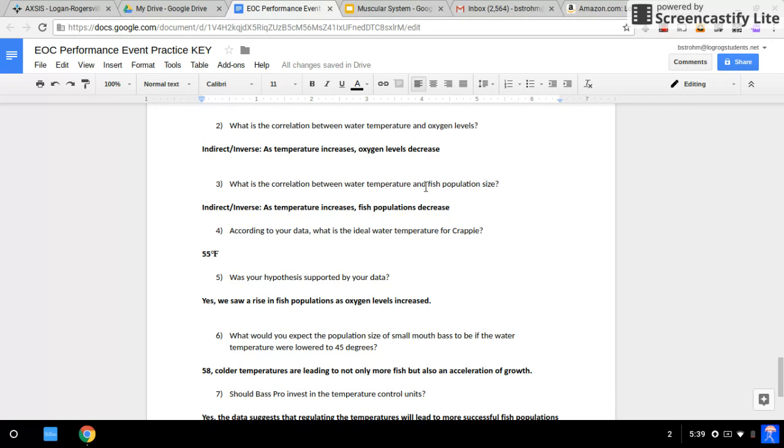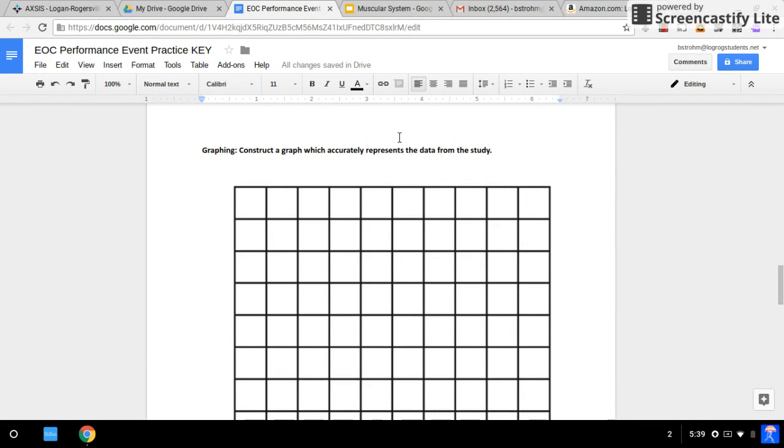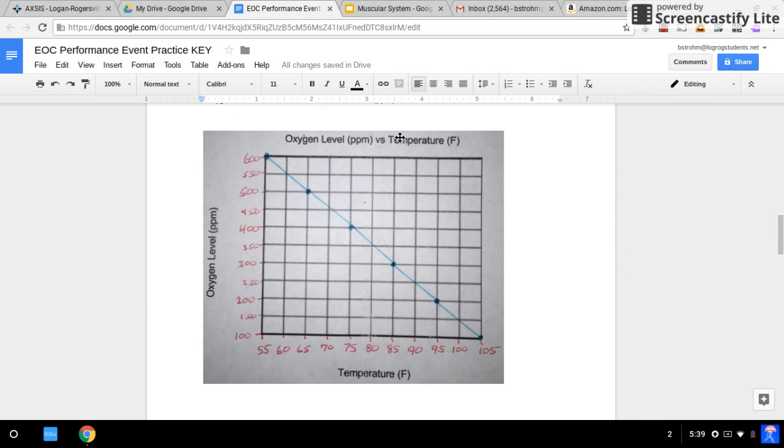Number two, what is the correlation between water temperature and oxygen levels? This uses that other graph that was directly below the data table. And this is an important graph because it's going to allow you to tie together two ideas in the next question. And the EOC loves to make you go back and forth between multiple pieces of data and try to draw conclusions. So this question is asking about the relationship between oxygen and temperature, which is exactly what this graph